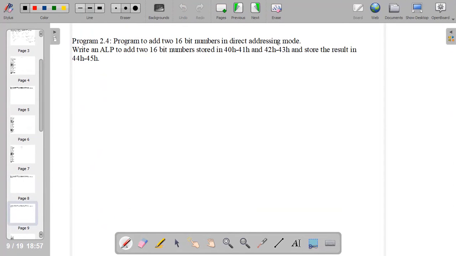So the next program is to add 16-bit numbers in direct addressing mode. So the memory location will be directly addressed and the data will be retrieved and added with the other 16-bit number. So let us see the code written for this.